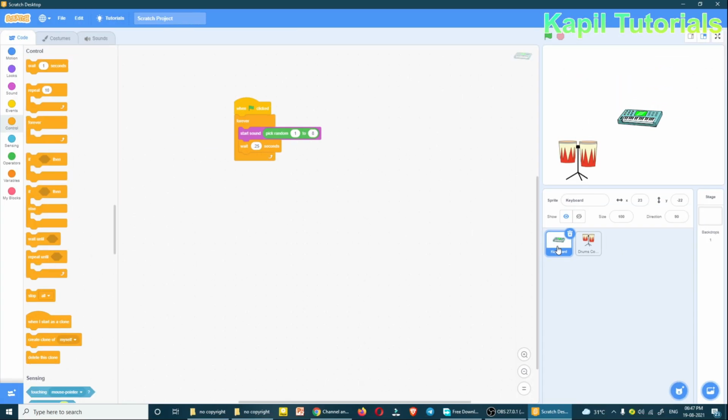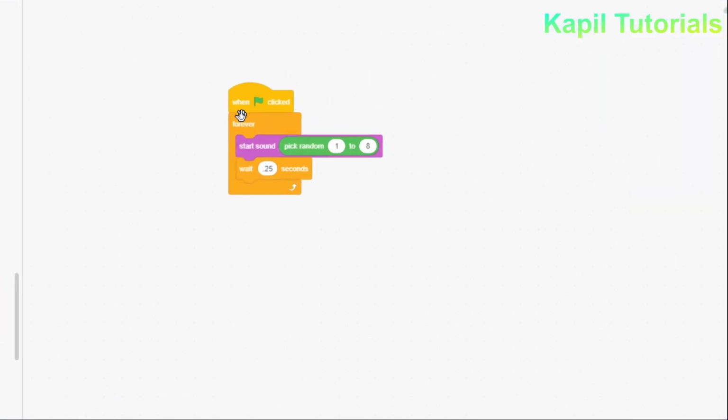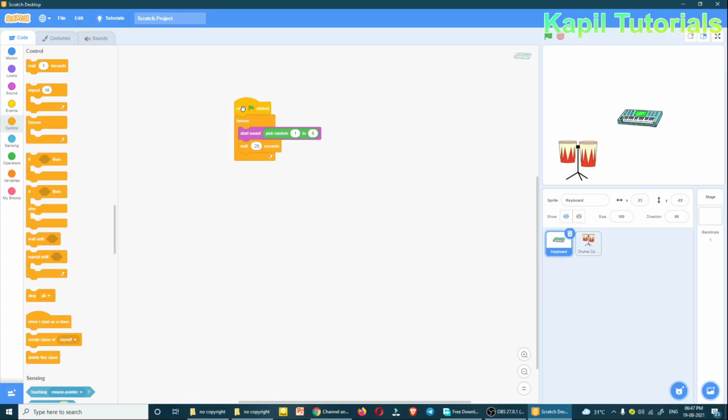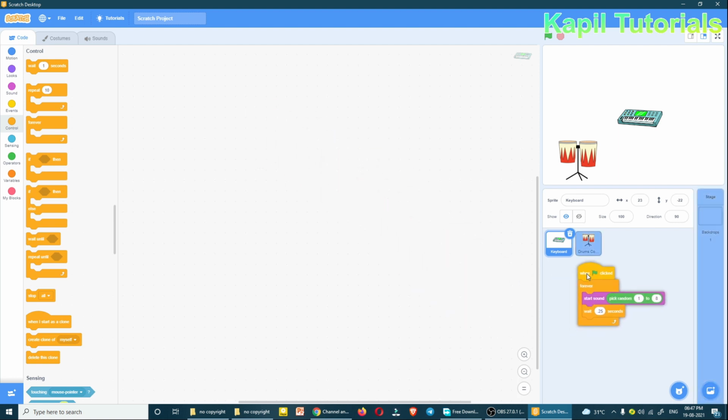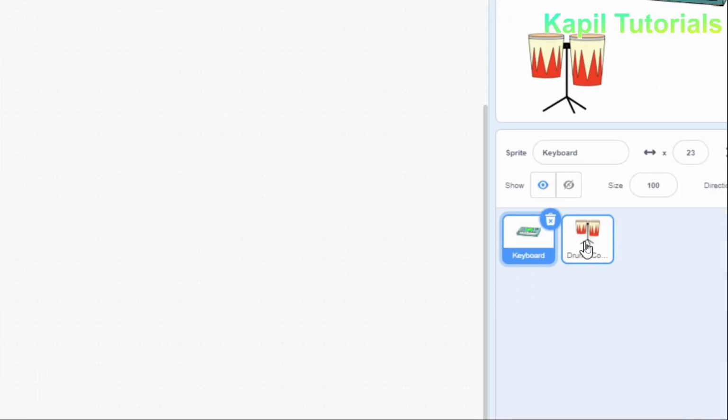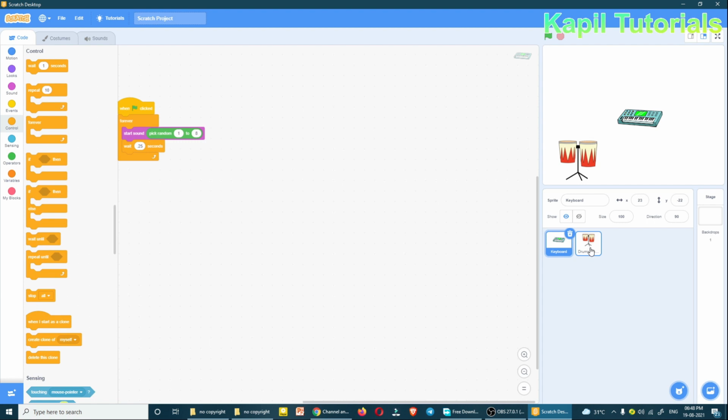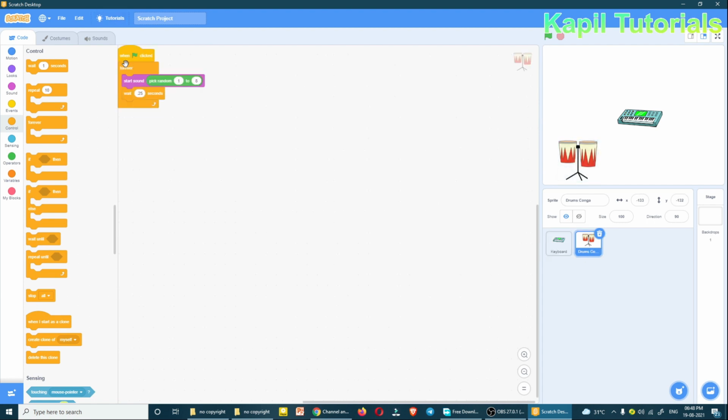This keyboard sprite is selected, and now I'll copy this coding to the drums. How to copy it, I told you last time also, but I'll tell you again. I just point my mouse where it is written when clicked, drag it and drop it on the drum sprite, like this. If you click on drums, you will see it has been copied.